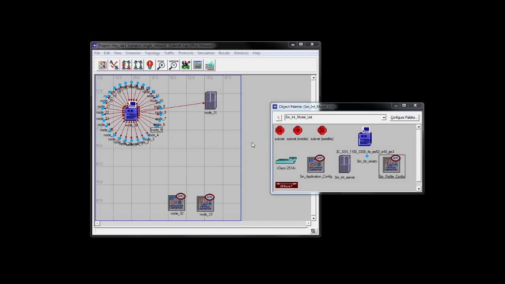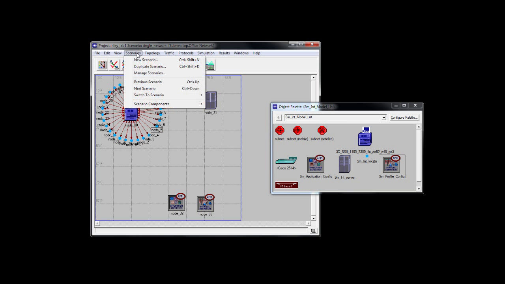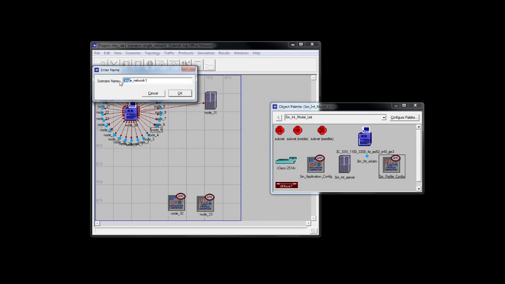If you recall from earlier in the video, we talked about how you can have multiple scenarios underneath one project name. So if you look at the top of IT Guru, you can see that your project is still called last name underscore lab 1, but our scenario is single network. What we want to do is duplicate this scenario and modify it so that we can have a separate experiment to run. So what we want to do is click Scenarios, click Duplicate Scenario, and go ahead and rename this